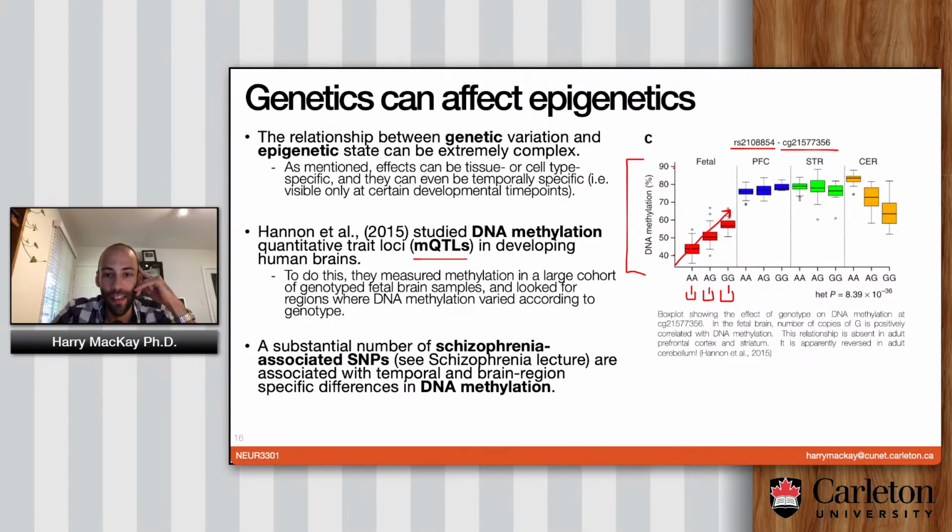It doesn't exist in the prefrontal cortex of an adult, nor does it exist in the striatum. Here, they're all around 79 or high 70s, low 80s as far as methylation percentage. So this is a variant that affects epigenetics at one specific time point during development. That, of course, can cause all kinds of things that we don't even really know about. I mean, epigenetics do a lot, but you wouldn't even know it was there unless you looked at this exact tissue and this exact time point. If you looked at fetal skin cells, you wouldn't see this, most likely. And then in the cerebellum of an adult, the relationship is actually the reverse. So the more copies of G you have, the less methylation you have in the cerebellum, which is even more complicated. So this isn't the kind of thing that you really want to agonize over on an individual level.